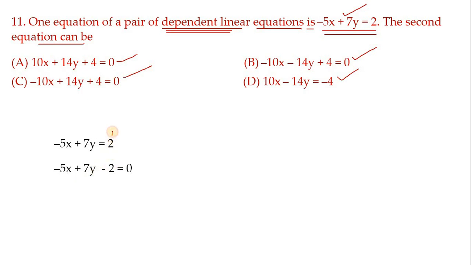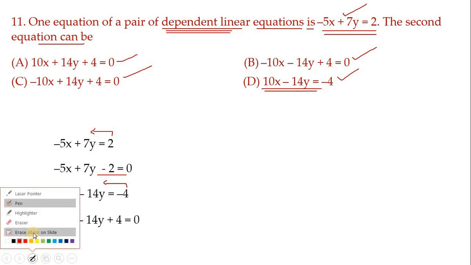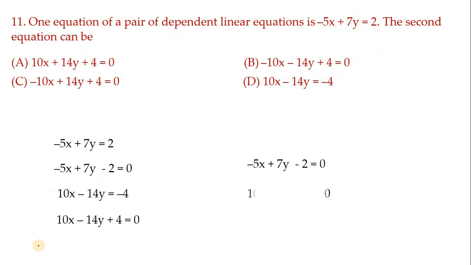So plus 2, we have transferred that side. We have what? Minus 2. Next, see, D will be the exact answer for this one. So how? Let us check that. See here, minus 4, transfer this side, we get plus 4. Now write down the equations one under one and check the answer. See here, 5 ones and 5 twos. So we get the ratio 1 by 2, minus 1 by 2, children.